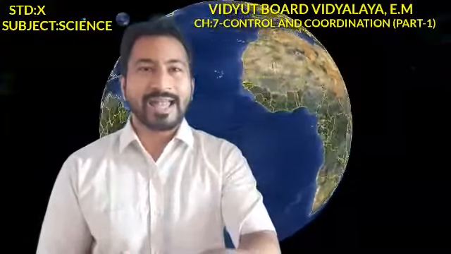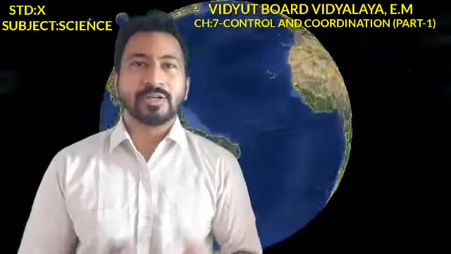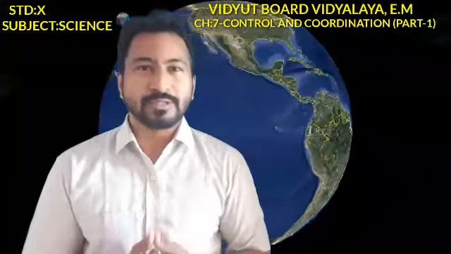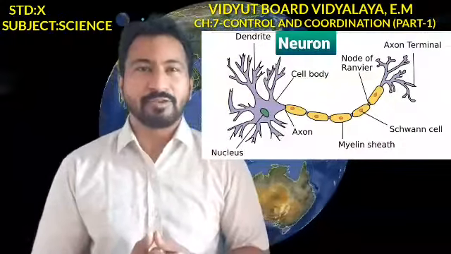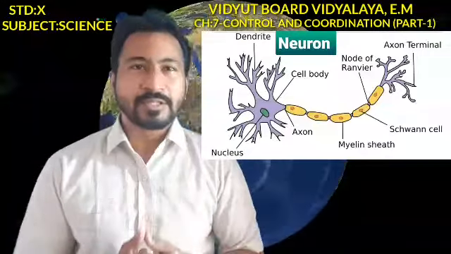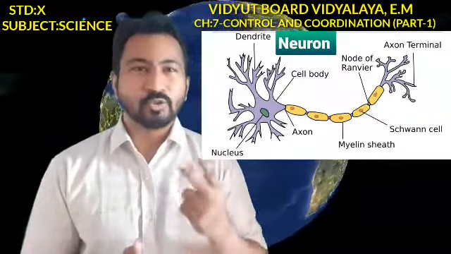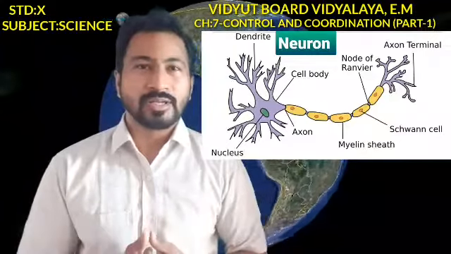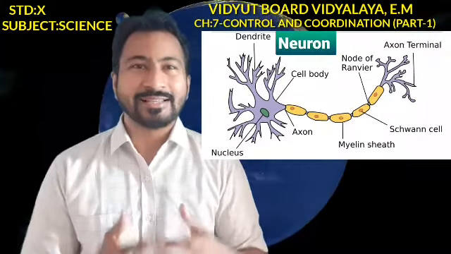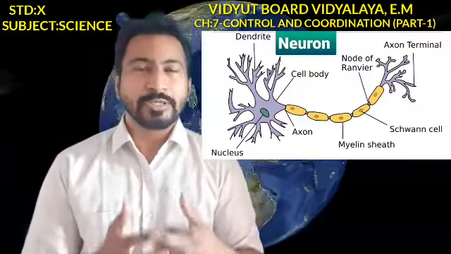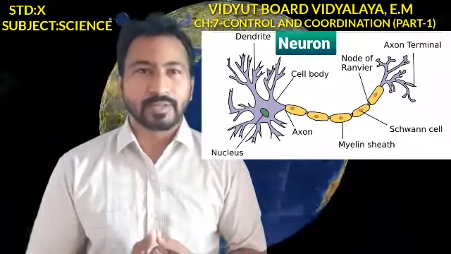For example, whenever we touch a very hot object, our hand is immediately withdrawn. How does it happen? There are specialized cells in the brain, in the nervous system, and those are known as neurons. So let us observe the typical structure of a neuron. This is the diagrammatic representation of a typical neuron. If you observe the structure carefully, there are two major things: the round cyton, also known as the cell body, which has its own nucleus and cytoplasm,